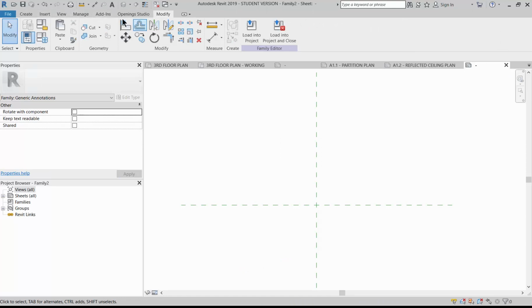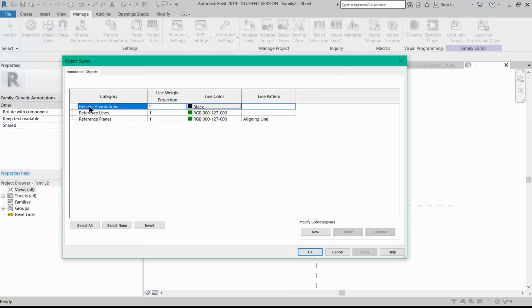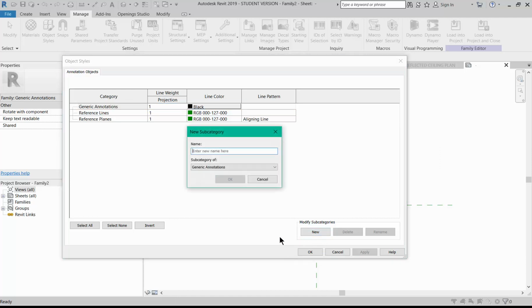And next, I want to make sure that I can turn off these guidelines easily on a separate sublayer or subcategory. So I'm going to go to Manage and Object Styles. Right now, anything I draw is going to be a generic annotation, and everything I draw is going to be turned on or off together. And I don't want that. I want to be able to turn off this portion of the template separately. And I can use it that way in other templates. So I'll create a new subcategory,